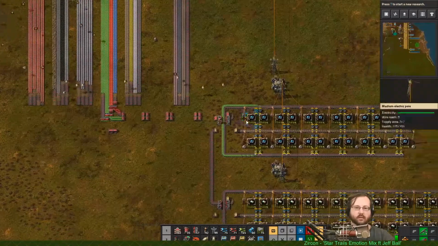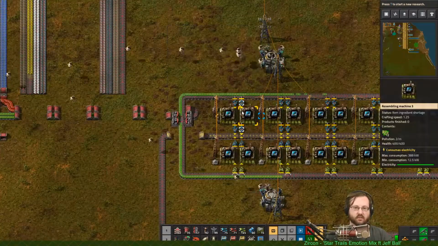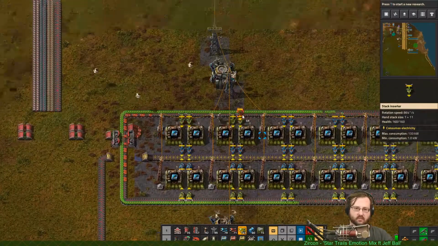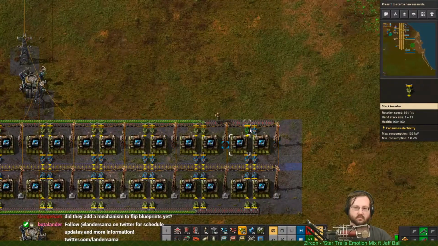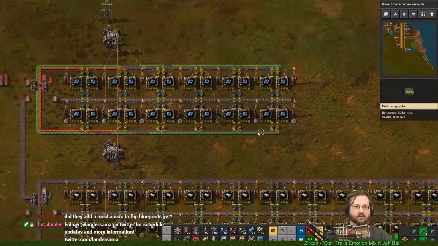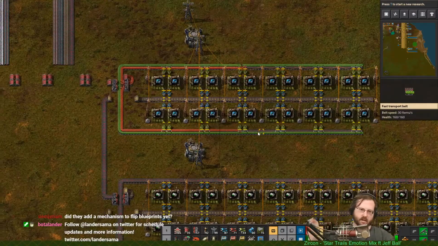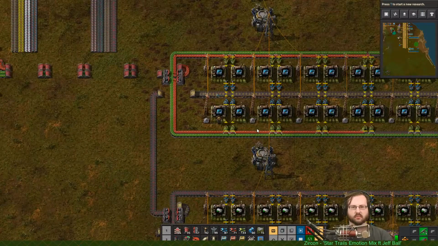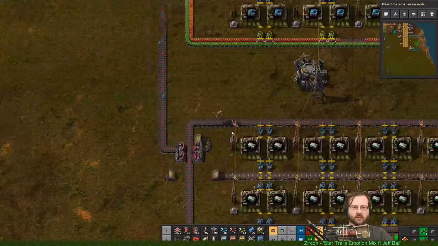Come on. Feed in. All right. Red and green circuits feeding into these. We're going to go ahead and put stacks on this side as well. Oopsie. There we go. They are crafting speed modules. Speed modules coming out, and all we need now for this,